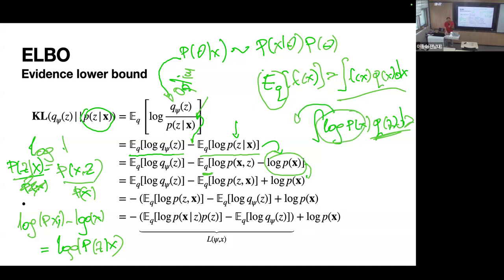It goes out, and then this one comes, Q of Z dz, and this is 1. That's why we popped it out of the expectation sign. And then we can go further and further, and we come up to this relation. At this final stage,